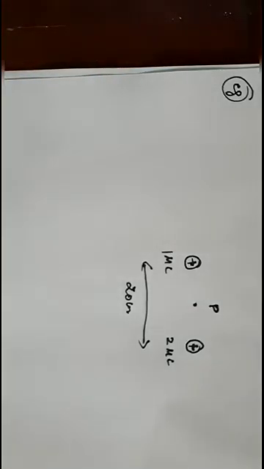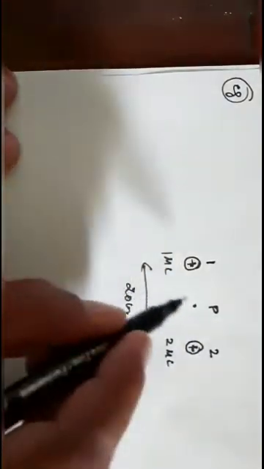Here I can use vector algebra, or we can calculate the individual electric fields. By knowing the direction of each individual electric field, we can calculate the resultant. So I will use the second one, where first I calculate the individual electric fields, then find the direction from the diagram, and then find the resultant. Let us first calculate the electric field due to the first charge. I take this as the first one and this as the second one.